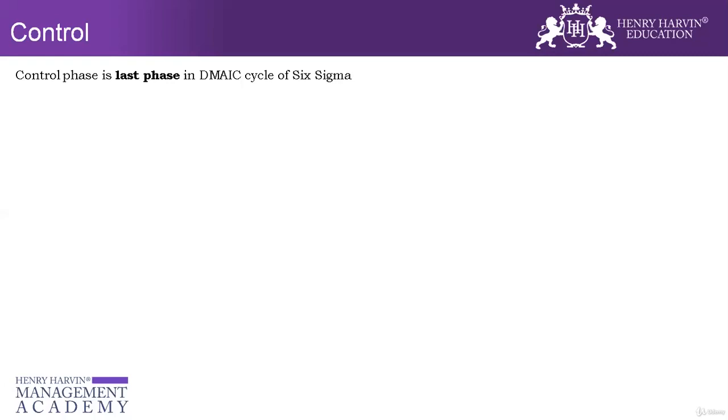Okay, so now we have come to the last phase of Six Sigma, which is the control phase. We have done everything till improve, wherein we have improved the current state from the existing problem and implemented all the solutions. We have done the FMEA, the design of experiment if required, and now we have achieved what we wanted to, but we can't close the project here because we want to ensure that the solutions are sustained. So for 2 to 3 months we are going to be in the control phase,